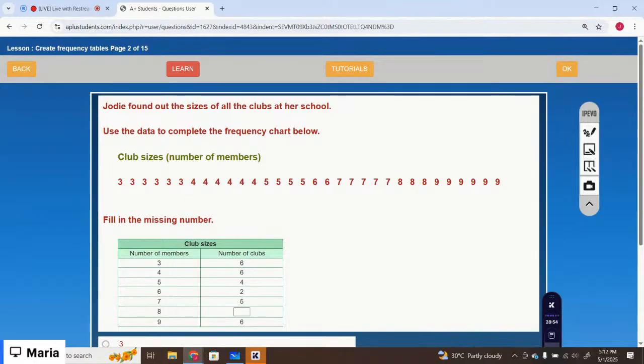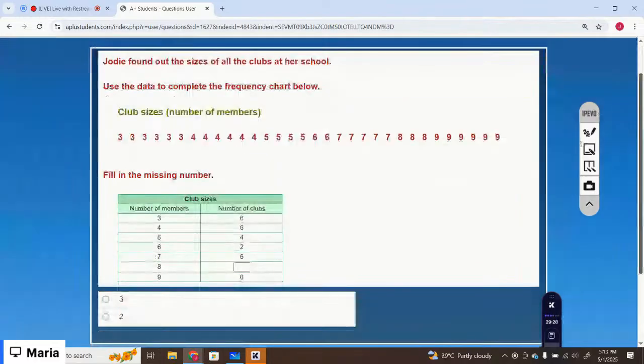Jody found out the sizes of all the clubs at her school. Use the data to complete the frequency chart below. Fill in the missing number. Find the frequency of 8. That means how many times it appears in the given data. 1, 2, 3. So it appears 3 times. The correct option is